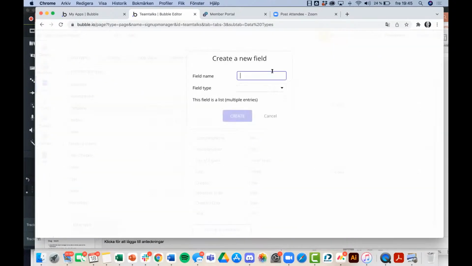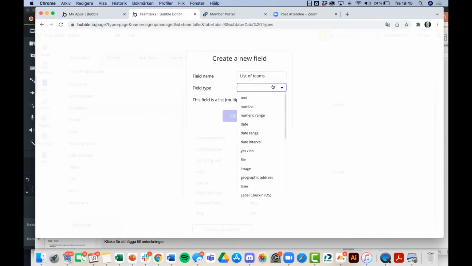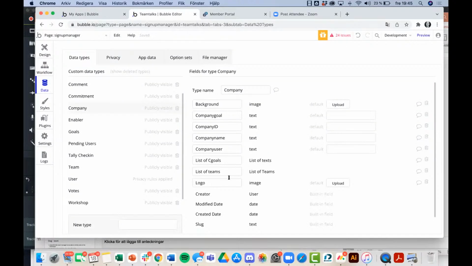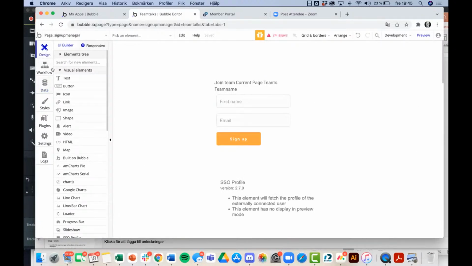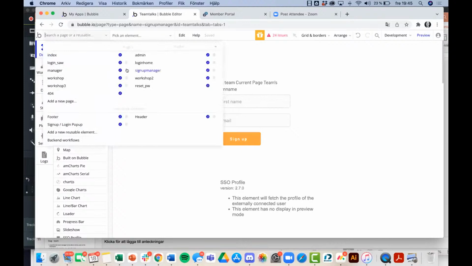Where we have team, list of teams, and then the field type would be a team, assuming that we have the record team. Yep, so we're going to just add team list, perfect. And so now somewhere in your logic, we need to actually add the team to the business. And so that could be when the team is created. Yeah, because there has to be somewhere where the team is created. Yeah, and that is when